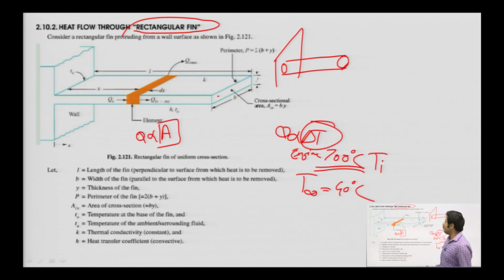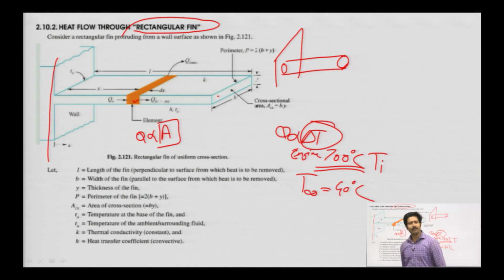So what's happening here? See, this is an element. I'm just repeating the derivation once again, so just try to make it very clear. So this is the base. Suppose this is the engine, combusting at around 700 degrees Celsius, just what I have written here. The base temperature, the origin temperature, is T0. So this is the fin and the length of the fin is L meters, or feet, whatever the dimension is.